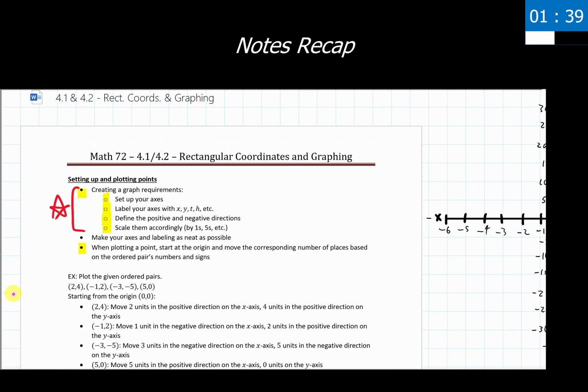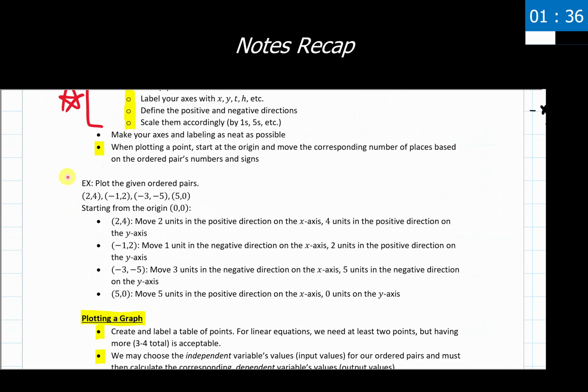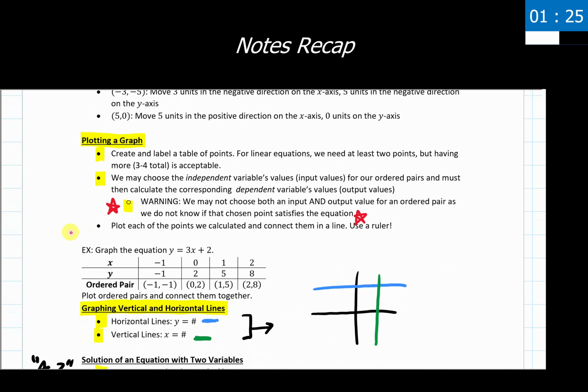We then went through and actually plotted 4 separate points on the set of axes, noting which one is our input value and output value, which one moves along the x-axis, which one moves along the y-axis. Then we had our process for actually going through and plotting graphs. Remember, your bare bones minimum requirement for a linear equation, which is everything we see in here, means that you need at least 2 points. If you have more than 2 points, great, but you need at least 2 to be able to graph these things.